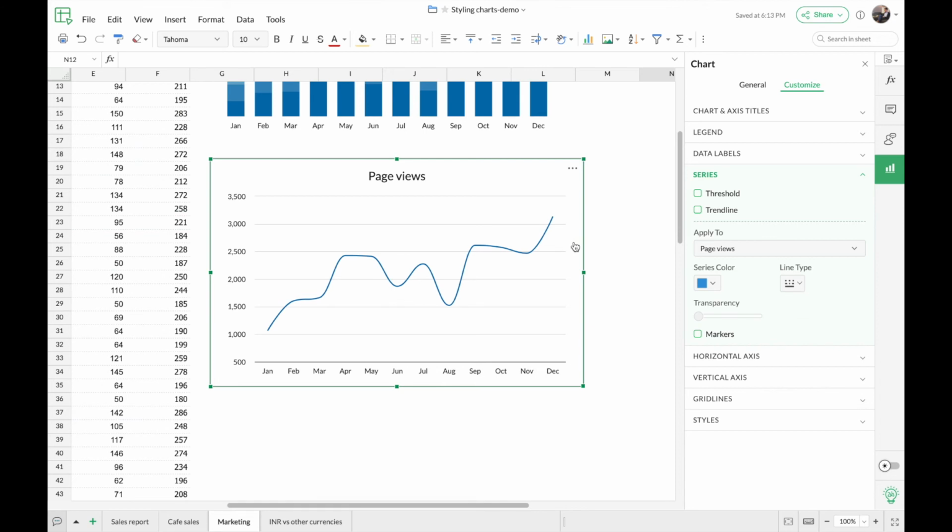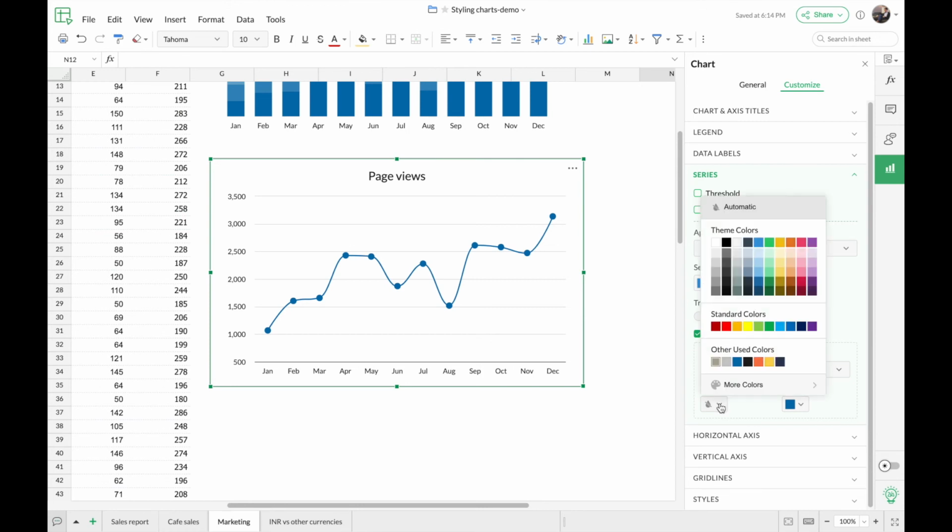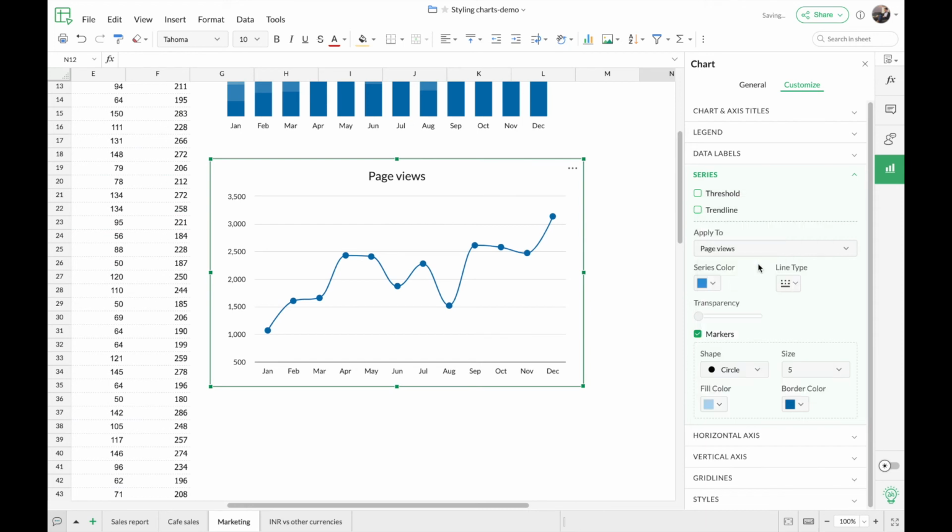Similar to what we did in the multi-series line graph, I'm going to add markers for this graph as well to represent the data points in this graph. So here under series, you can see the option called markers. Select that. There you go. So since this is a single series line graph, I'm just going to retain the size of the marker here so that it is prominently shown. And just to differentiate the marker points a little bit, I'm just going to change the fill color of the marker points. So here, I'm just going to give a lighter shade of blue so that it is not too away from the chart theme that we have. So there we go. So here the markers are prominently displayed.